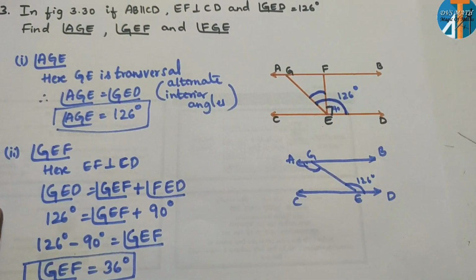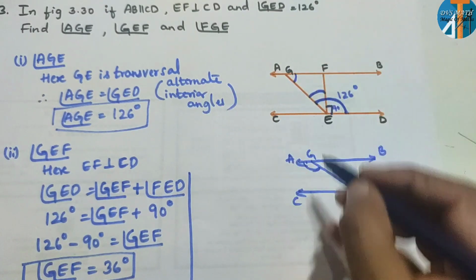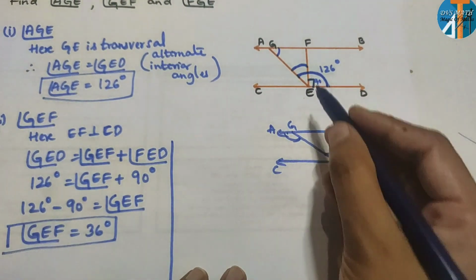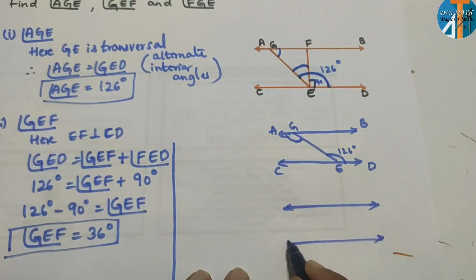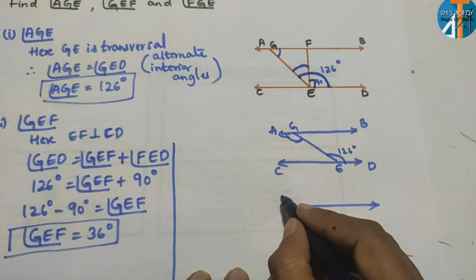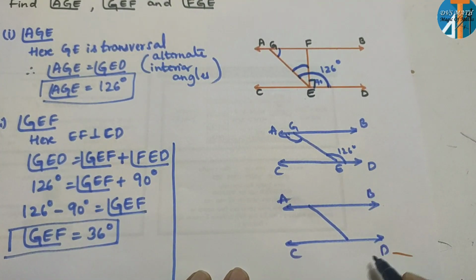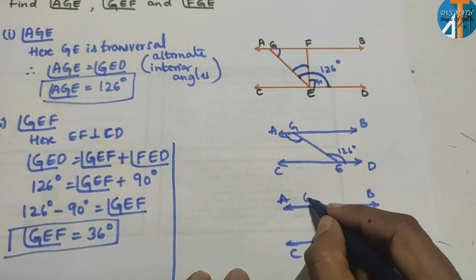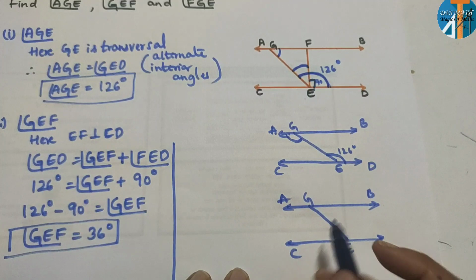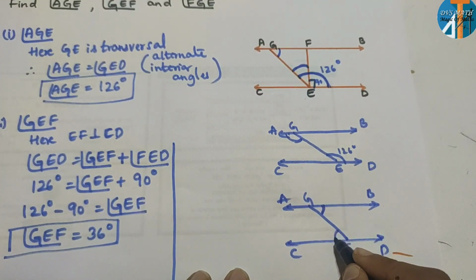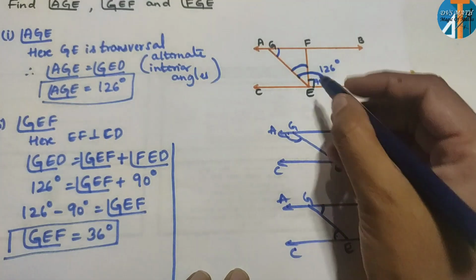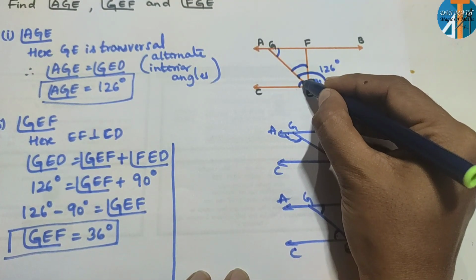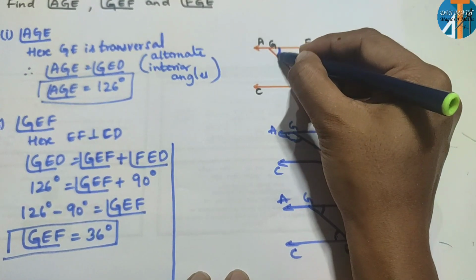So let's go for the third one. This angle, right? This is the angle they are asking about. For this, I am drawing another figure, only this one. That is AB and CD. This is GE. Now they are asking to find this angle. If you find CEG or GEC, these two alternate angles will be equal. Yes, right? How to find this angle? If you find this angle, observe here, I am showing in this, this will be the same.